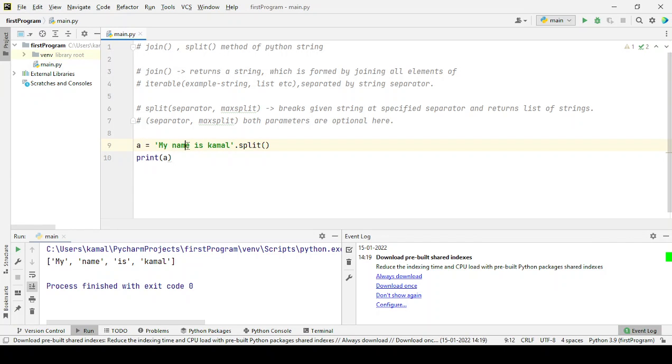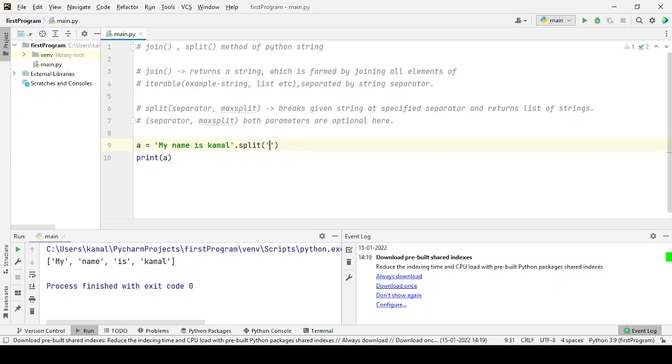After my, after name, after is, there are spaces, so it will split at these spaces. Let's try to run this. So we can see below in the output, it is returning a list containing all the elements like my. First it is splitting the string at spaces, and after splitting, each element becomes an item of the list.